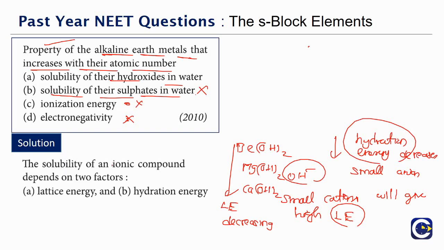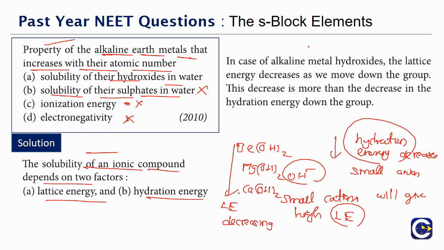Now like we said, the solubility of an ionic compound will depend upon these two factors: lattice energy and hydration energy. Lattice energy is decreasing down the group. Hydration energy is also decreasing down the group. Now the question is, which of them is going to decrease more? So if you look at the alkaline metal hydroxides,